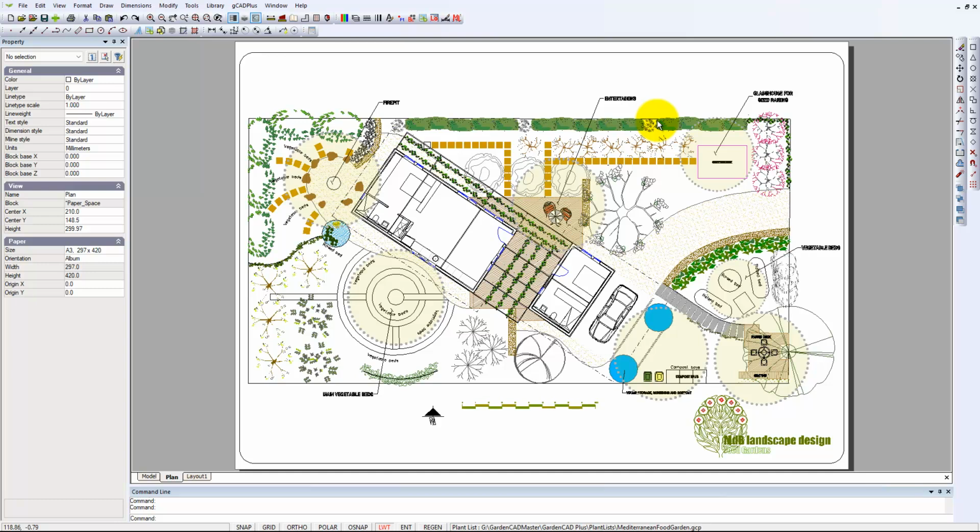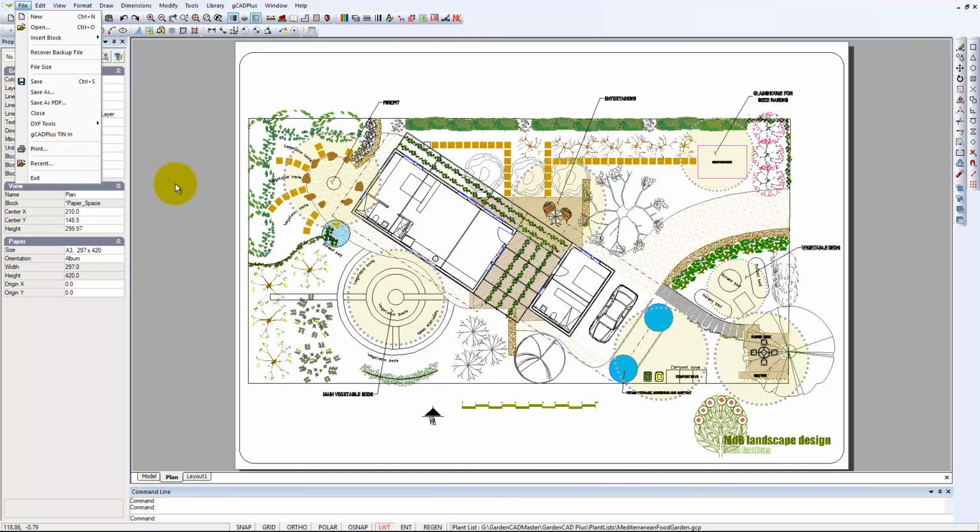I'd like to use this design to try and provide some assistance for the designer here who is using a Mac, and on a Mac and running under the Wine Windows simulation environment. In order to print a high quality PDF file, you would normally go File and Print, and then you would